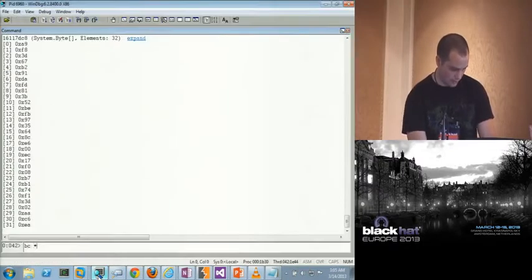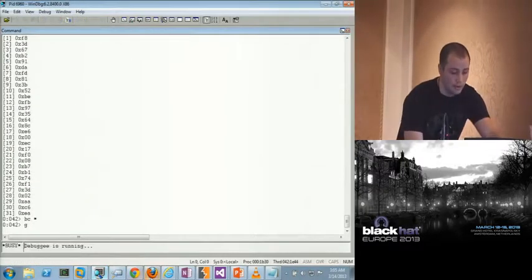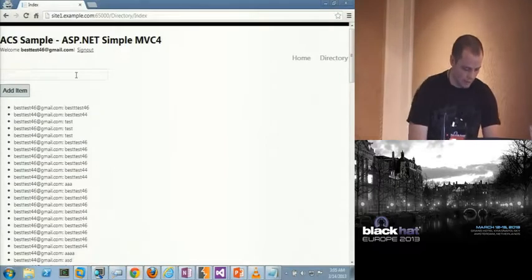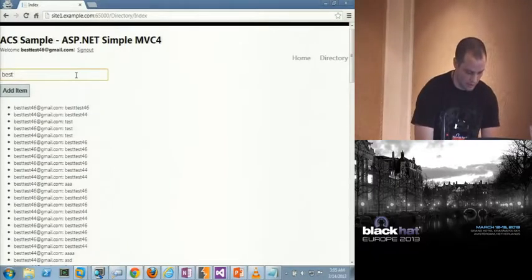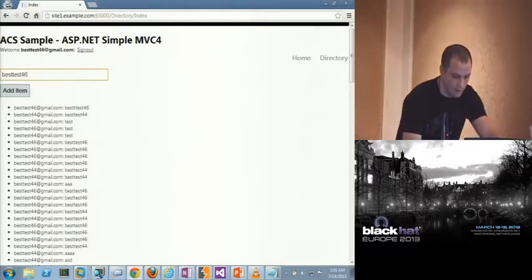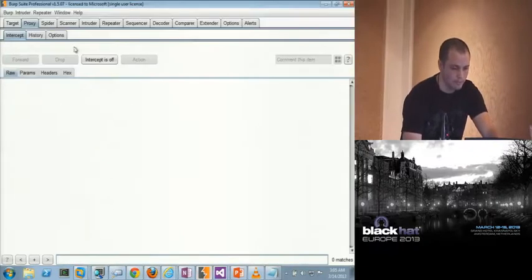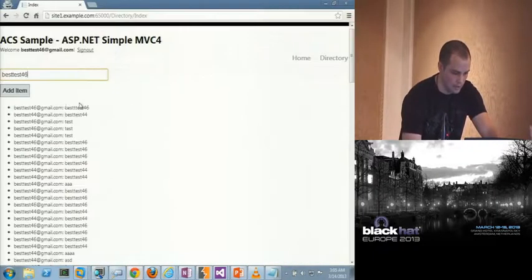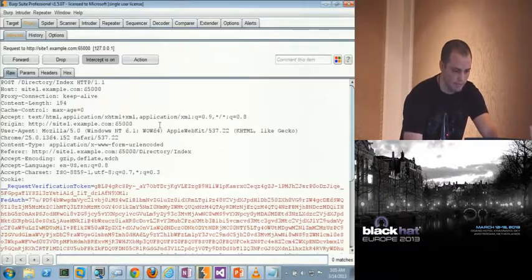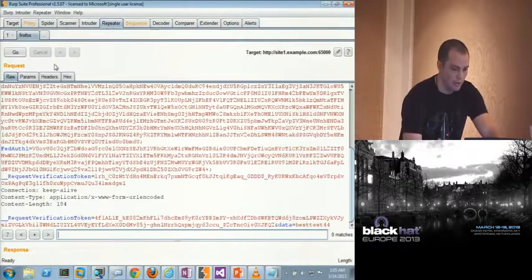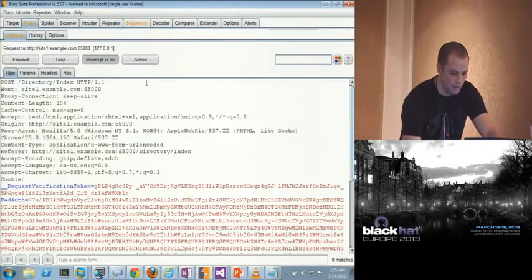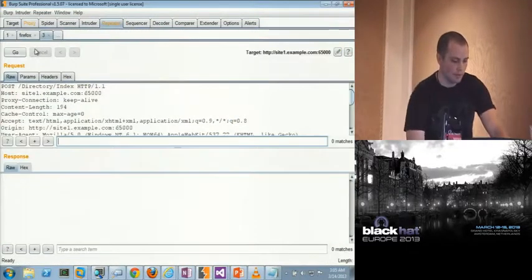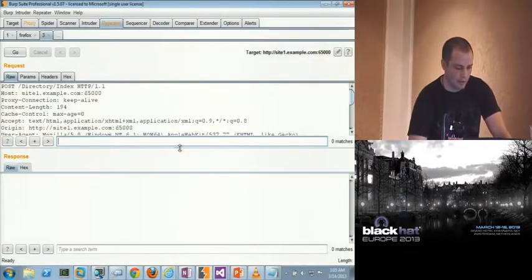Okay, so if we make this request again, because I forgot to intercept it, and actually intercept it this time, one thing that we can notice, we have these two requests, one for Chrome user and one for Firefox user.